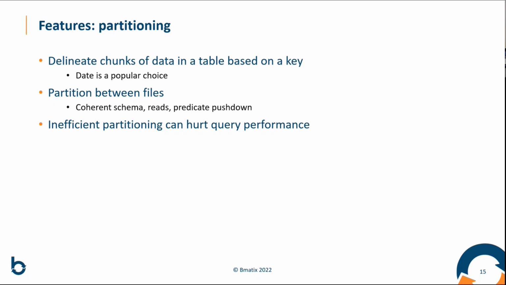So that way, we will see it when we talk about predicate pushdown after this. If we partition it on date, a process reading in the files, because you can partition between files also, and you only want certain dates, it knows where to look and